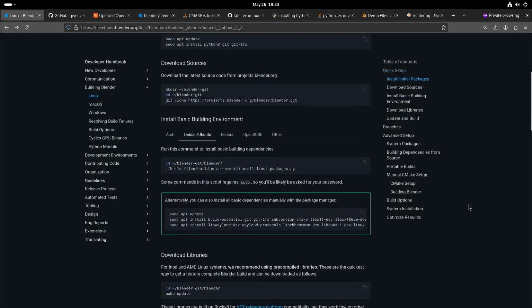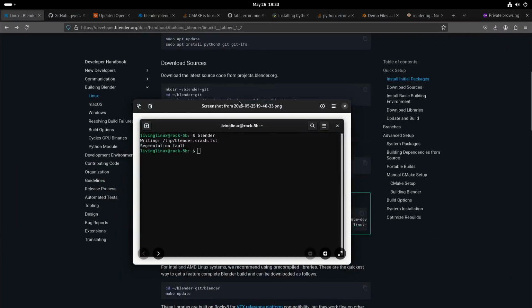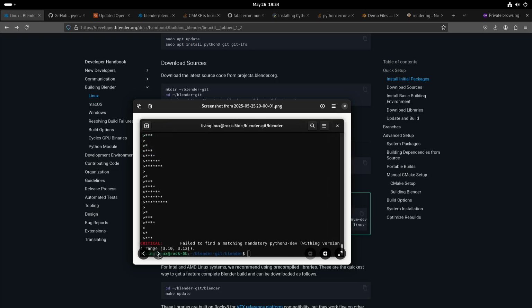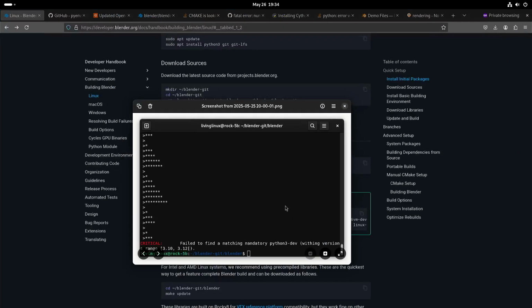So from there, you can install the basic building dependencies. Perhaps it's better to install the packages just like this, but I went with this one, with this script. And then unfortunately, I ran into an error. This is when I installed Blender through the package manager and it didn't work. So here, when you try to install the Linux packages, I got the error that Python is not available,